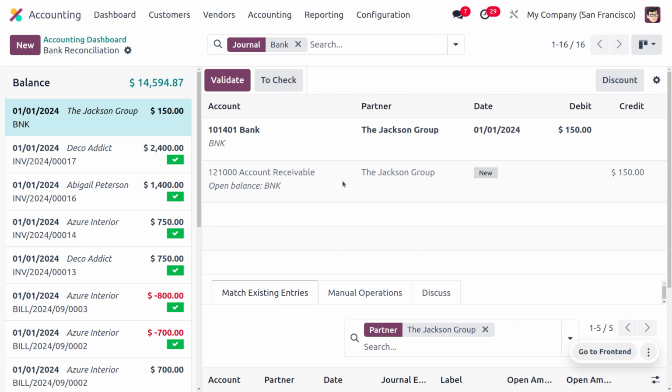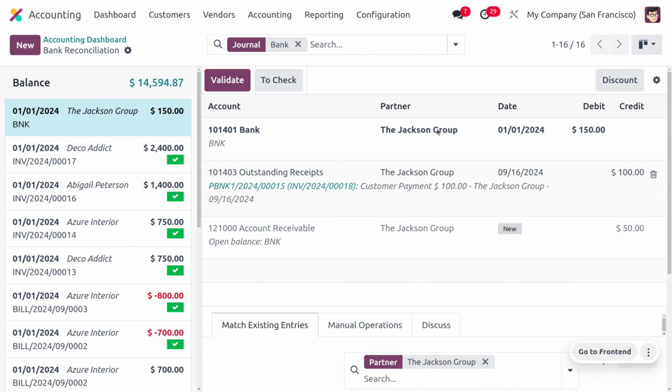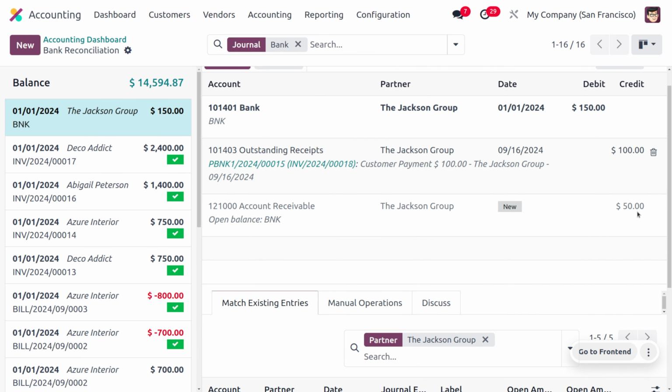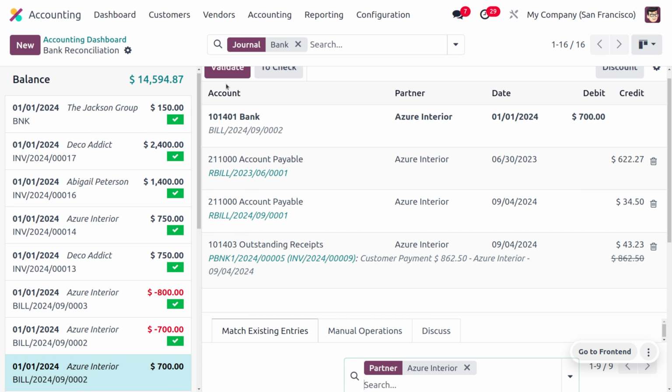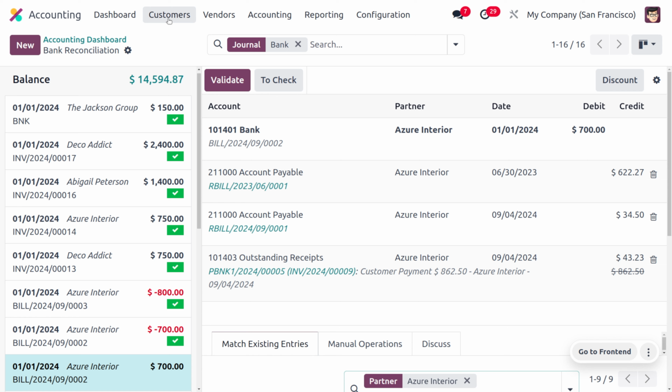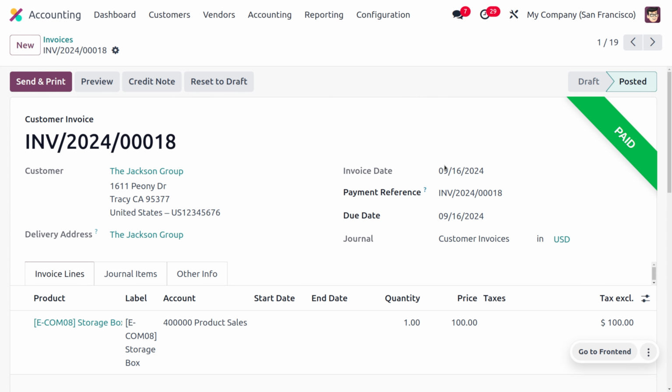So now here you can see that the total amount is 150, and by applying everything, now let me choose the amount over here. Here you can see that we are taking bank fees of 50 as the extra charge, and now we just need to validate this. So click on the validate button, and after reconciliation the payment will be moving to the bank. As you move on to the customer invoices, you would be able to find that we have made the payment after the reconciliation, and it has moved into the paid state by using the rule to suggest the counterpart entry.